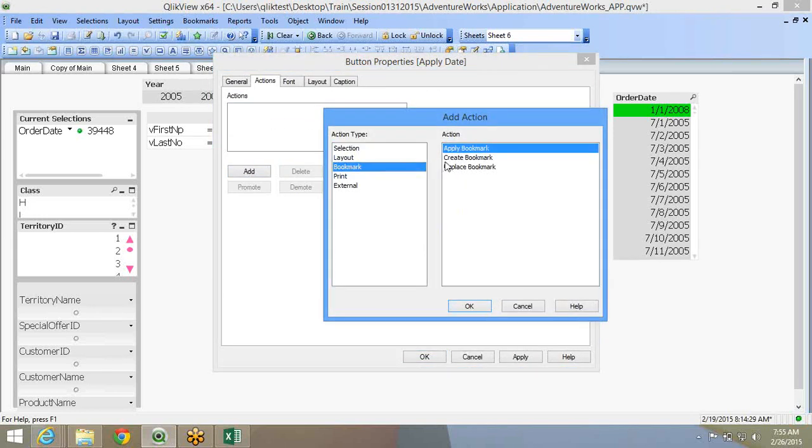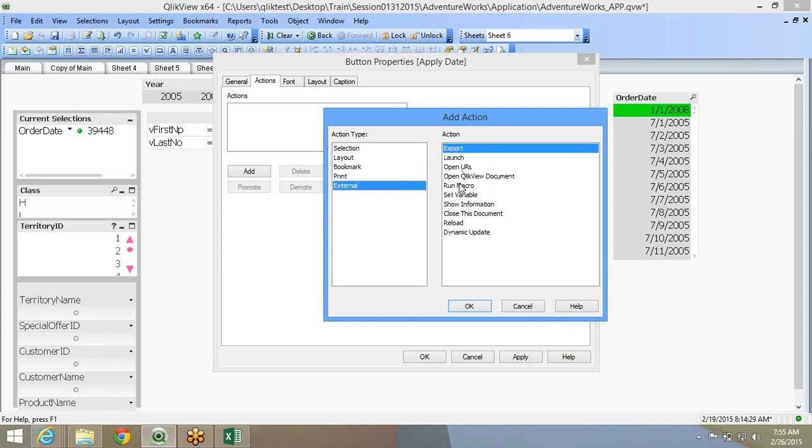Then you can add bookmark. So see, on top you have a bookmark option. Even for the users, that option will come. But in case you want to give it in the UI itself, a bookmark option, you can do that. Create, apply, replace. In fact, even for print.